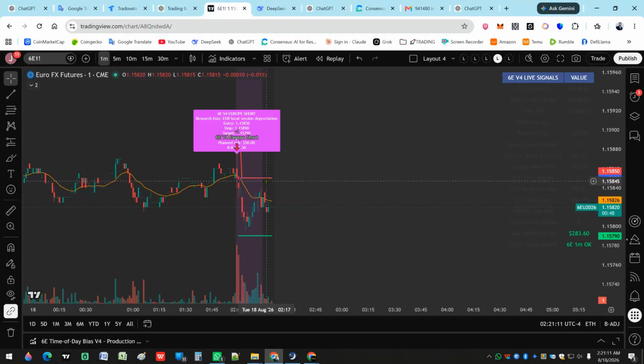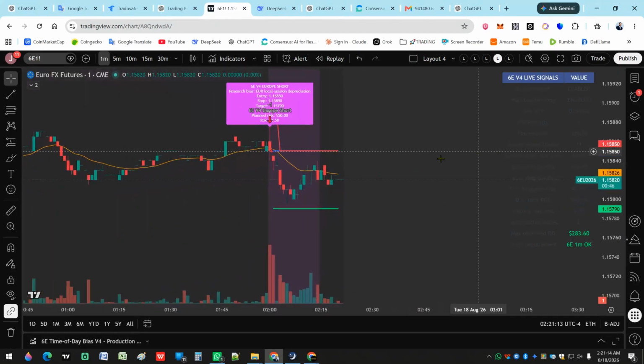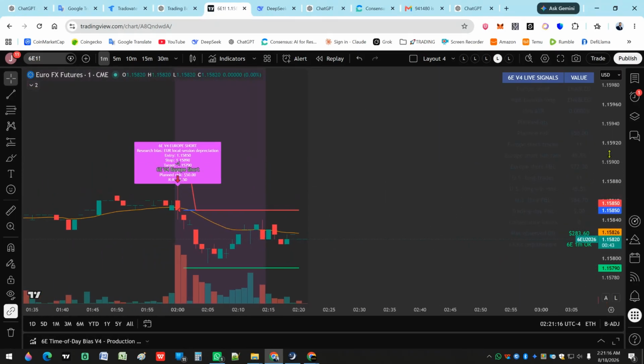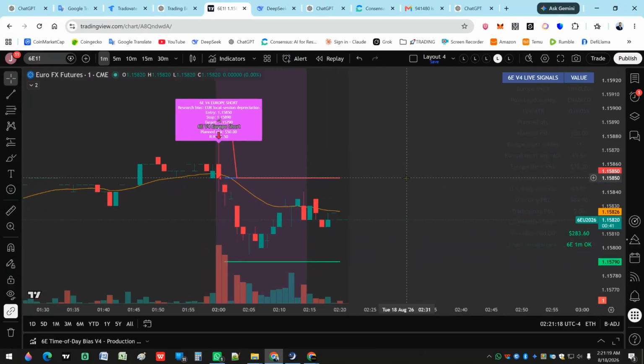There was even a gap. The problem with this gap is that I think that when this kind of gap happens, the price tends to go up here to fill out the gap. That is a problem. That is what I bought at